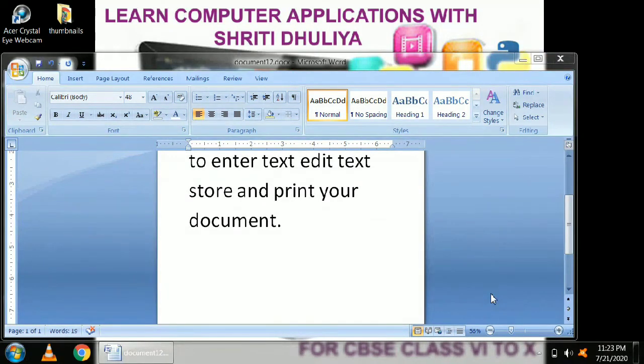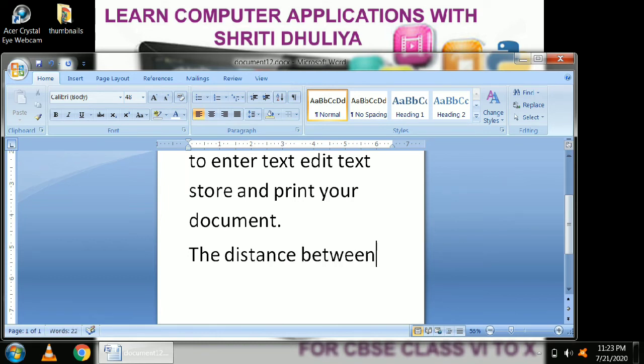Next term is word wrap. What is word wrap? When we type text in our document, for example, I'm typing the distance between the border or page border.